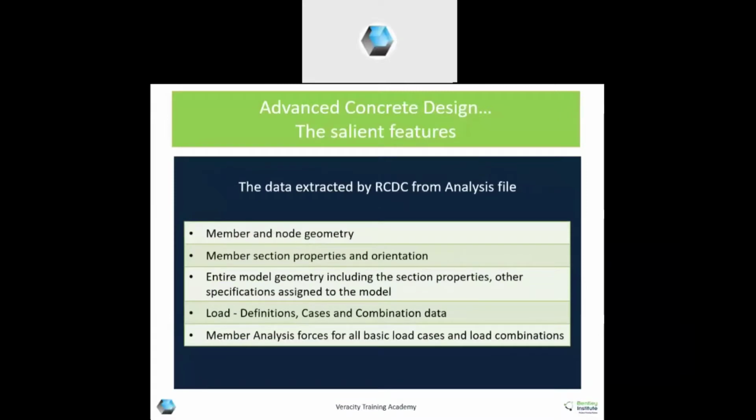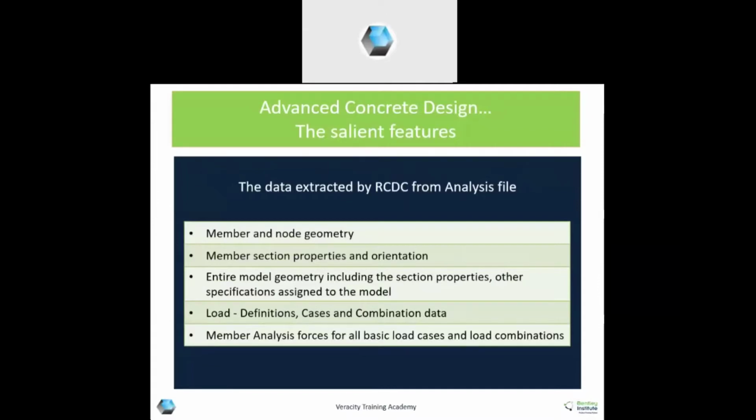What all is extracted from your analysis file, whether it is from STAAD or from ETABS: your member and node geometry, the properties which you have given, as well as the orientation, that is the beta angle if you have input it, will also be extracted. Entire model geometry, including section properties and other properties such as offsets or releases if you have assigned, or any other specifications.